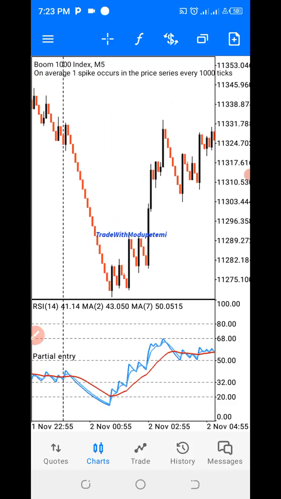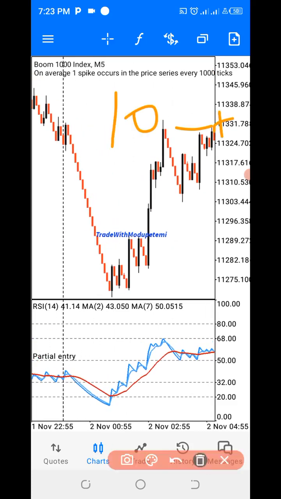Let me just analyze. This is our higher high. This is our lower low. This is our higher high, right? So at this area now, if you want to enter, which is our second leg of our W now, for those of you that know your price action very well, institutional price action, you can put into